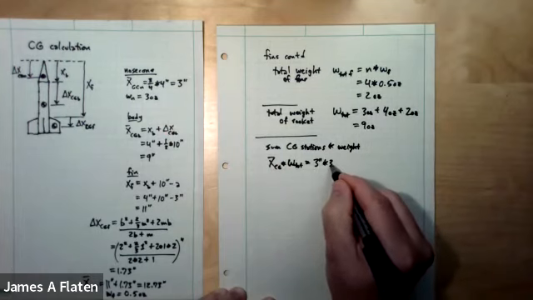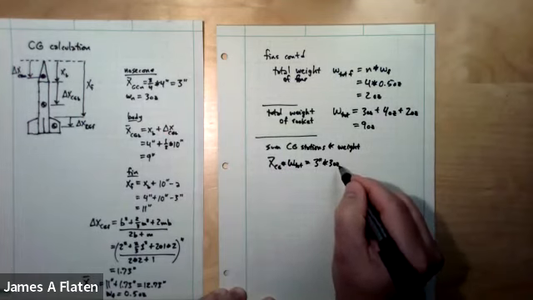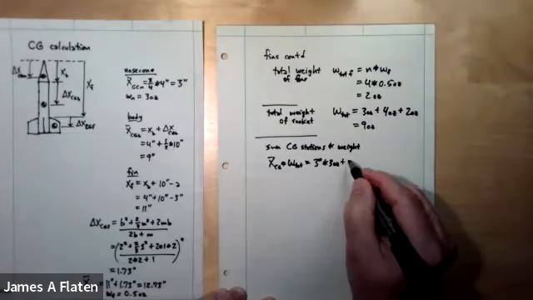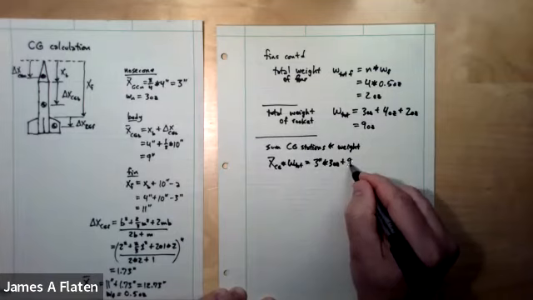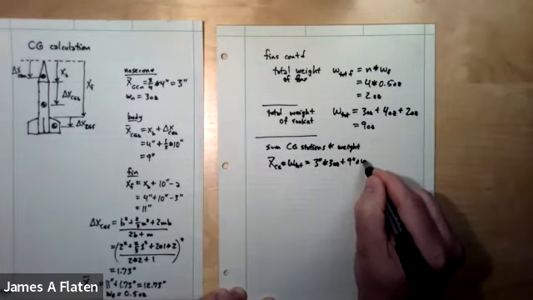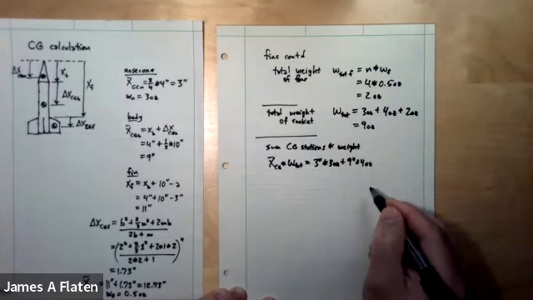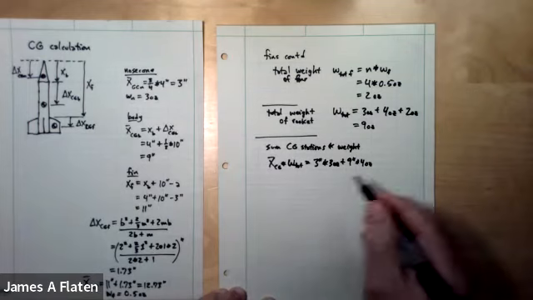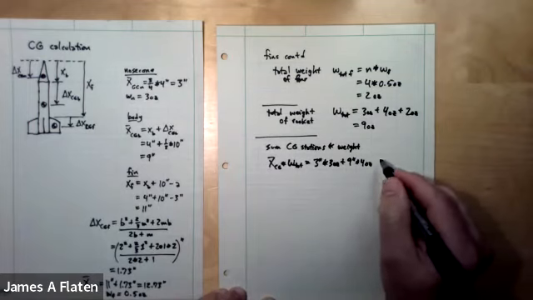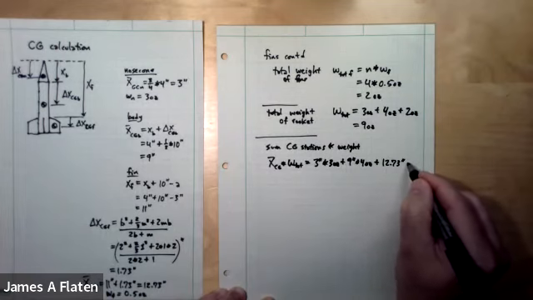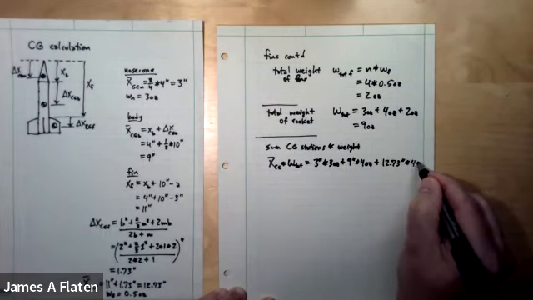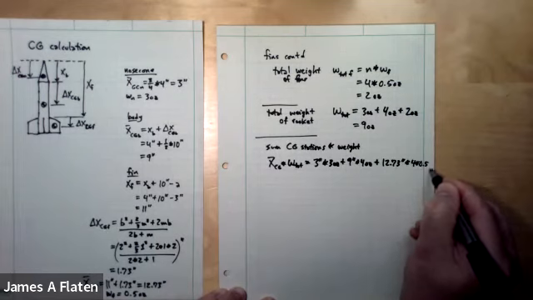And the weight was 3 ounces. For the body, the station is 9 inches multiplied by 4 ounces for its weight. And for the fins, there's 4 of them at half an ounce each. So the station was 12.73 inches times 4 times 0.5. That's